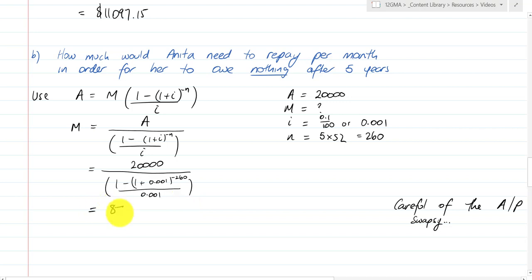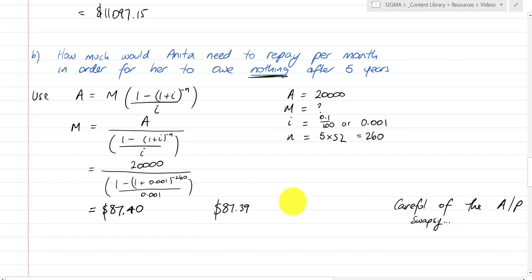And that comes out as $87.39. Now it's actually 0.394, so what I might say is $87.40. We really should round up, because of the way the question is read, and also with the underline there, how much would Anita need to repay per month in order for her to owe nothing after 5 years? Now the $87.39 is the closest value, but if I actually put that in as M,